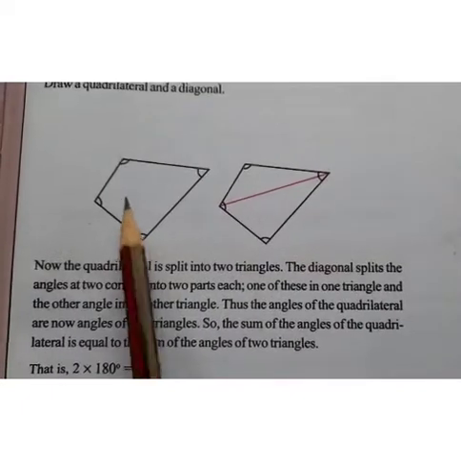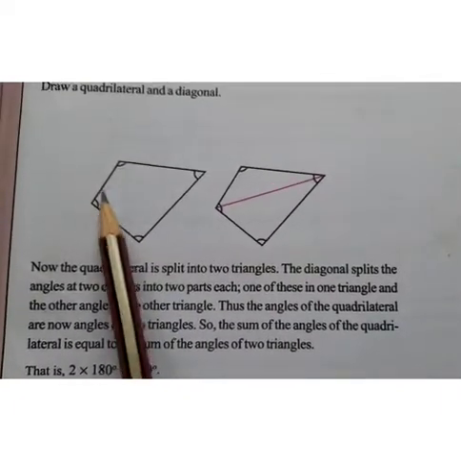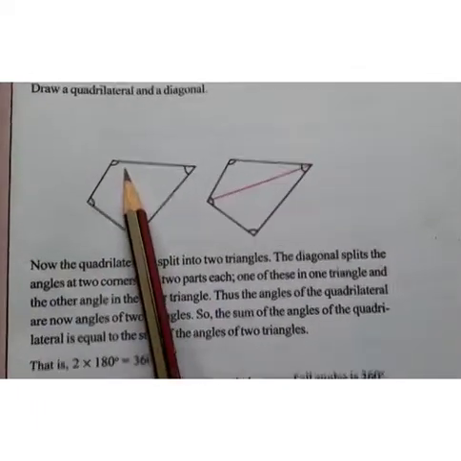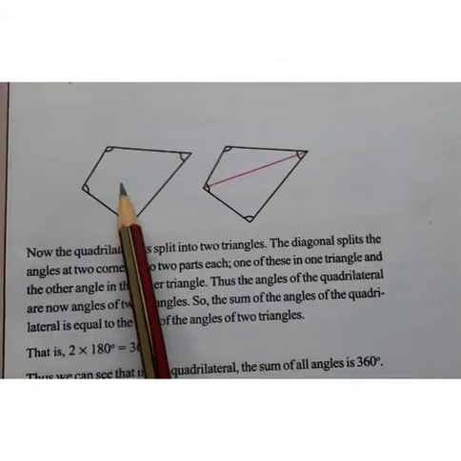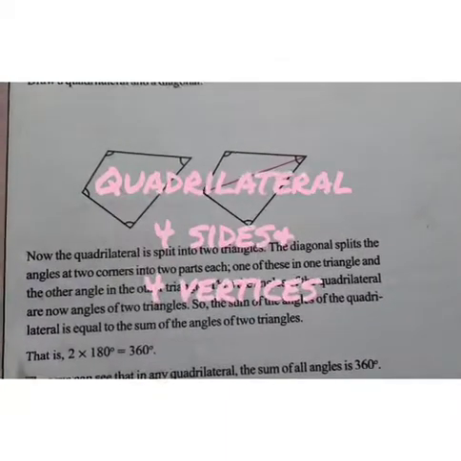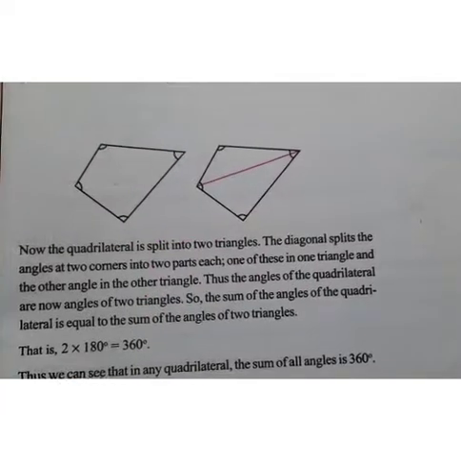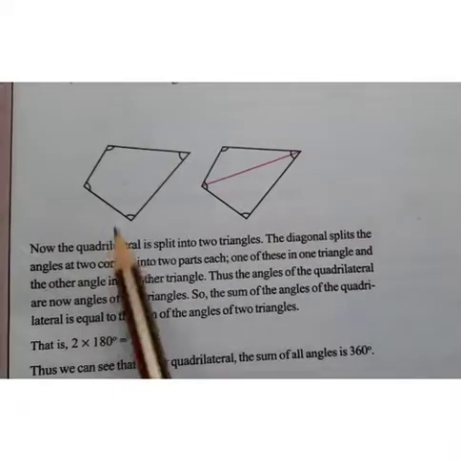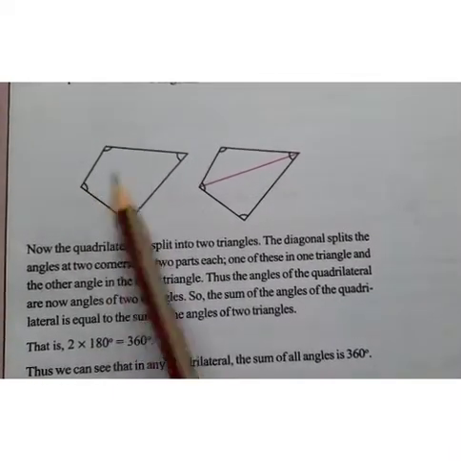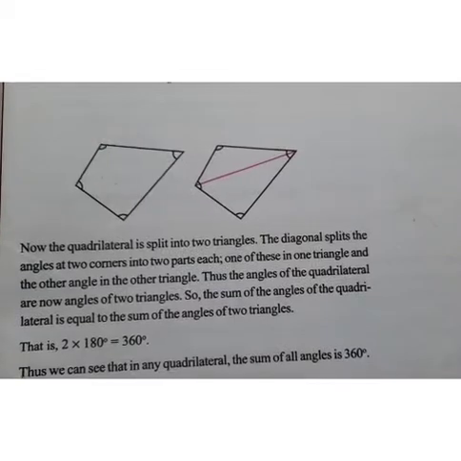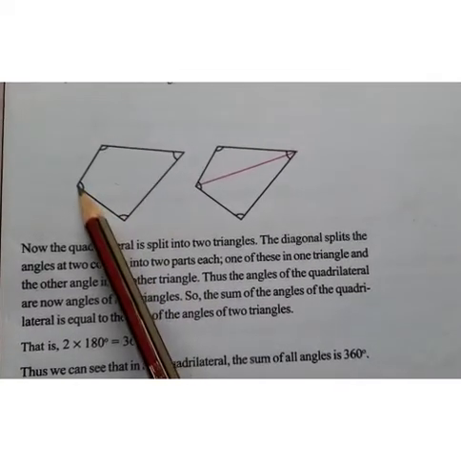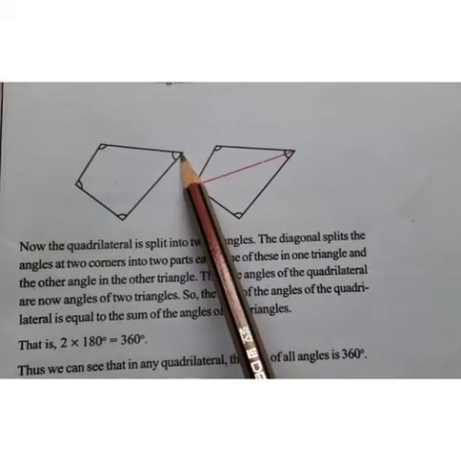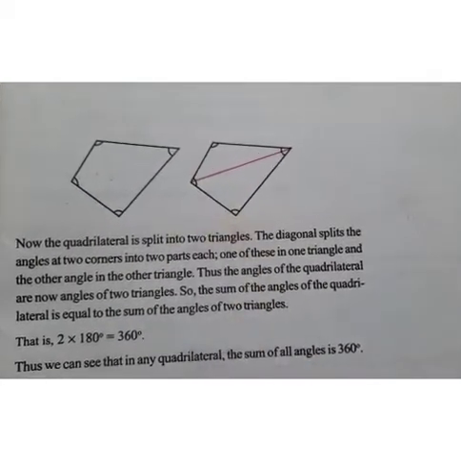See this polygon. It has how many sides? 1, 2, 3 and 4 sides, and they have 4 angles. So 4 sides. What is the name of that? That is a quadrilateral. Then what is the sum of angles of a triangle? It is 180 degrees. And if we split this quadrilateral into 2 triangles, how can you split? If you draw a line from here to the opposite vertex, we get 2 triangles here.